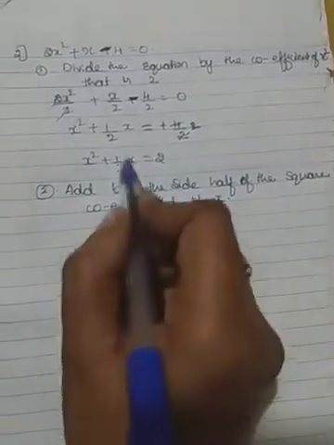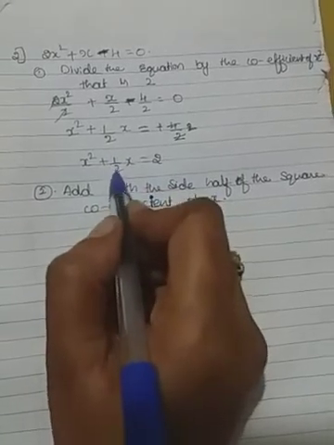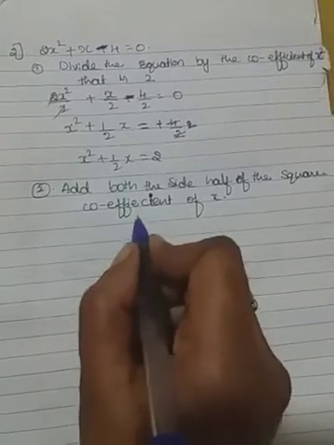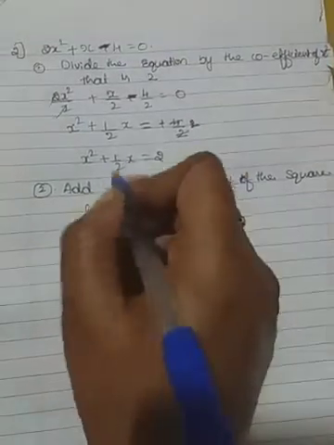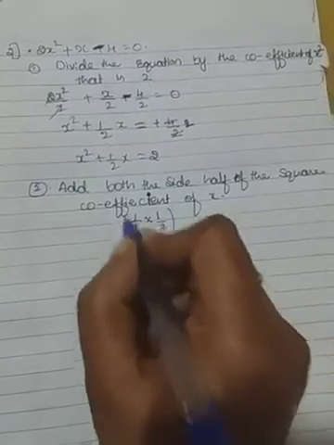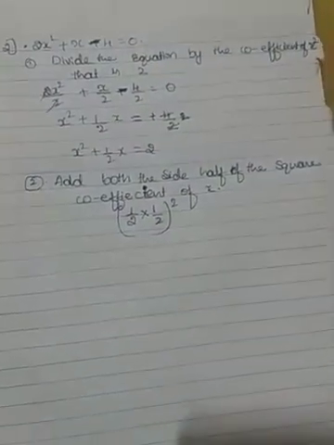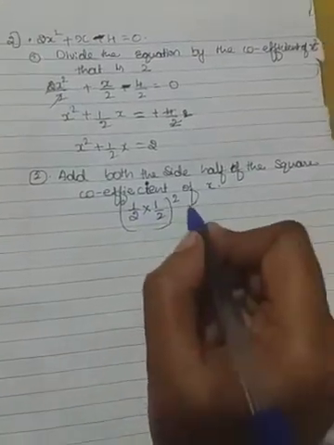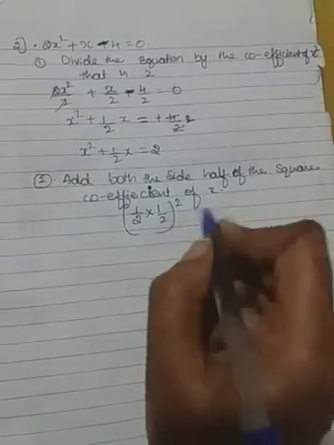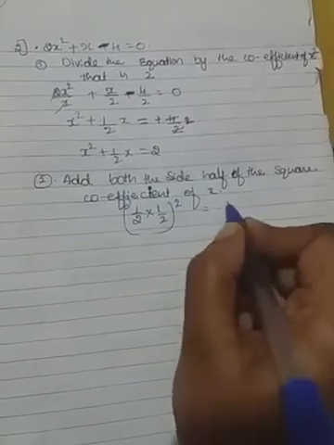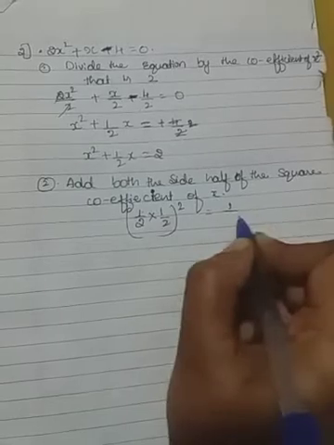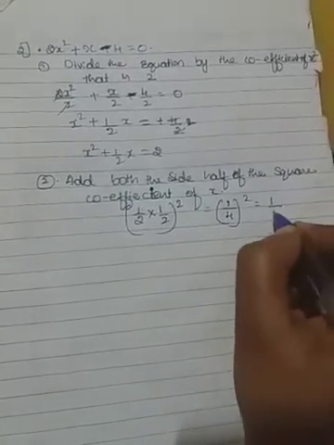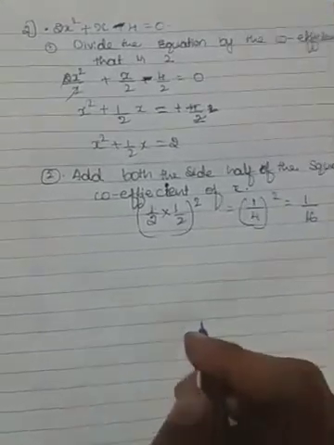Okay, so what is the coefficient of x here? That is nothing but a half. That means half of the square of the coefficient of x is half that square. Hope you will understand now. This is the half, the coefficient of x is half, and we want to take the square of it. That means 1 into 1 is 1, 2 2s are 4, whole square, that means 1 square means 1, 4 4s are 16, 1 by 16.